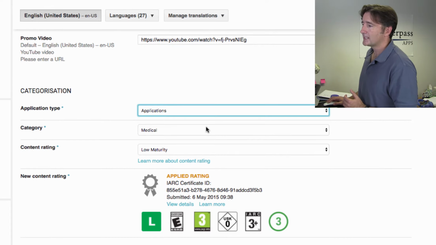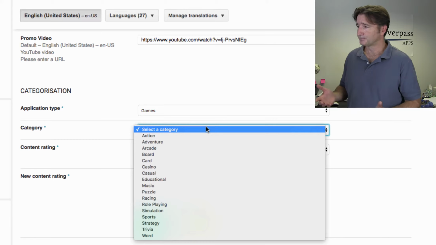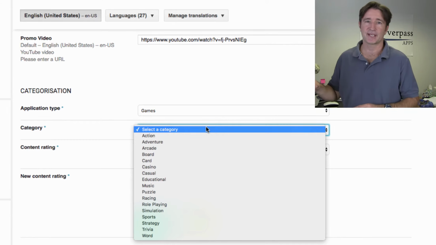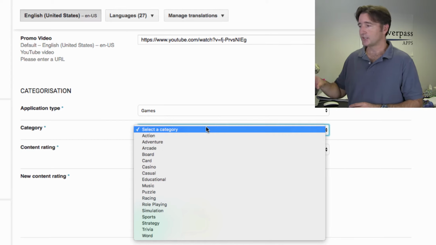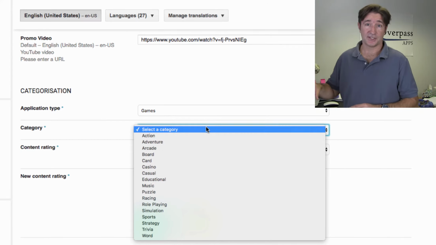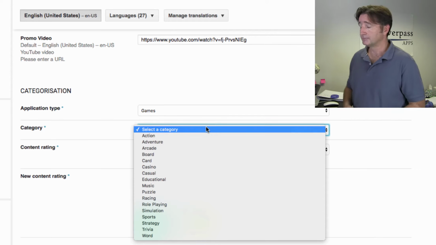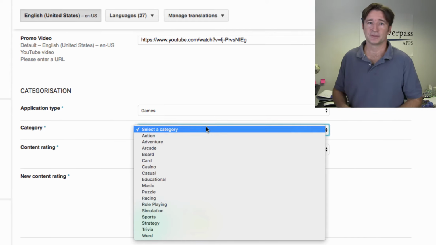If you go into games here, you get a whole new group. So for our language games, sometimes we'll play around with putting them under applications and then education. Sometimes we'll put them into games and education. Because it's an educational game, but it's kind of an app, it's a learning thing. So we have a lot of room there to play around.